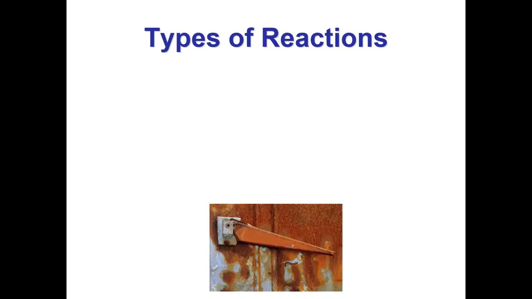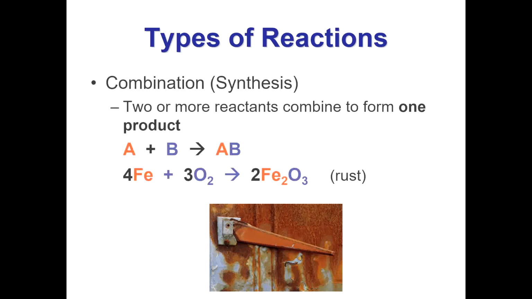Right, now I'm going to go over how to classify a reaction. And usually when I teach this, I use the illustration of relationships. So you'll have to bear with these examples. They're a little corny. The very first type of reaction is called a combination reaction, or